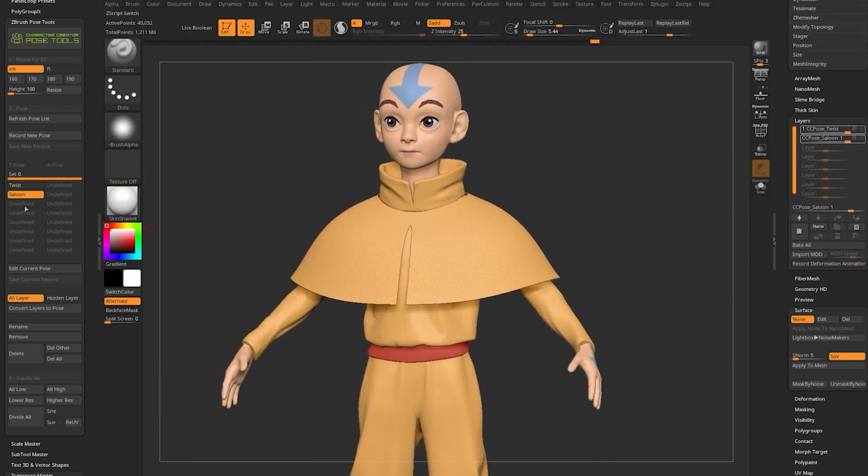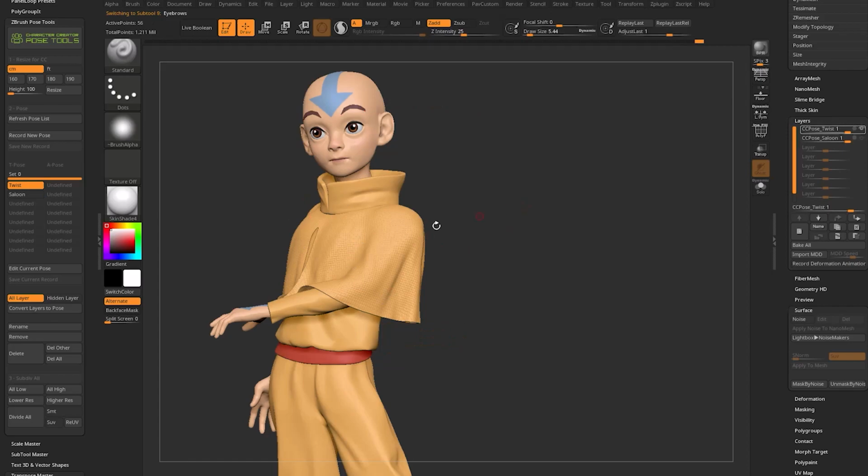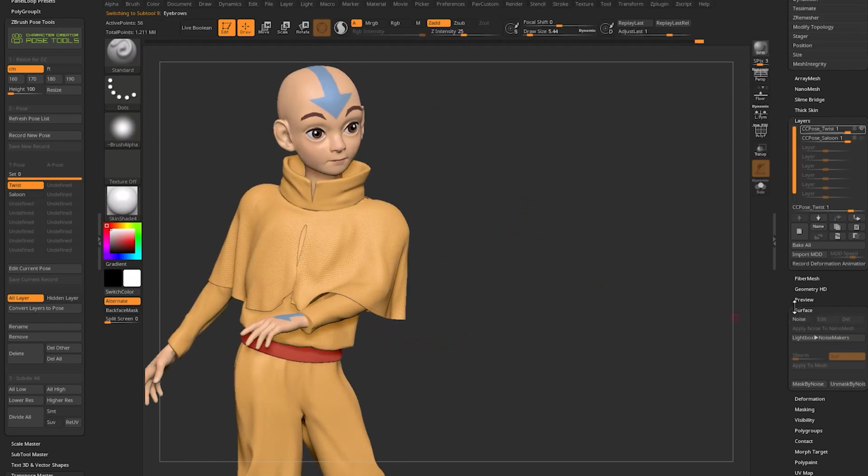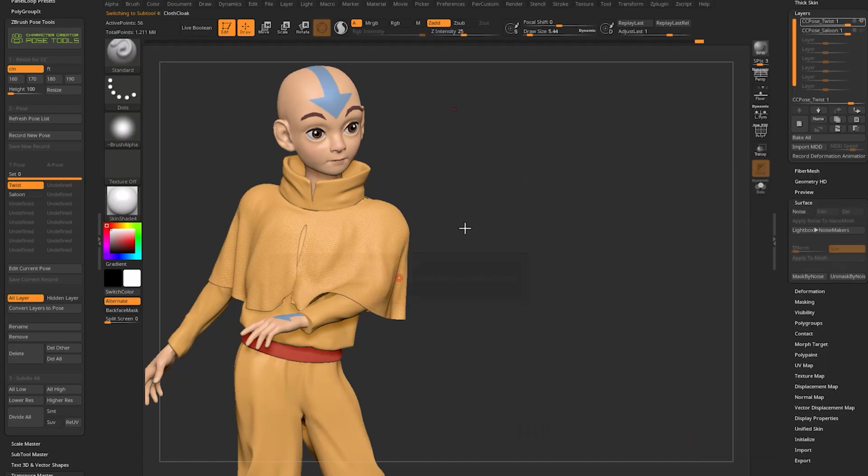So of course, if I want to go through here and turn on twist, for example, that surface noise is just going to be turned on for that subtool. And at any point, I can alt tap that subtool and just turn noise on and off. However, if I go out of twist,